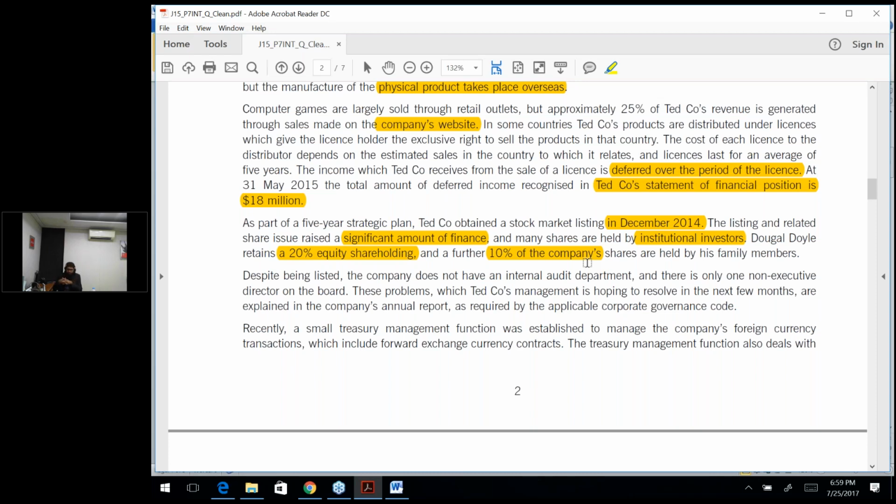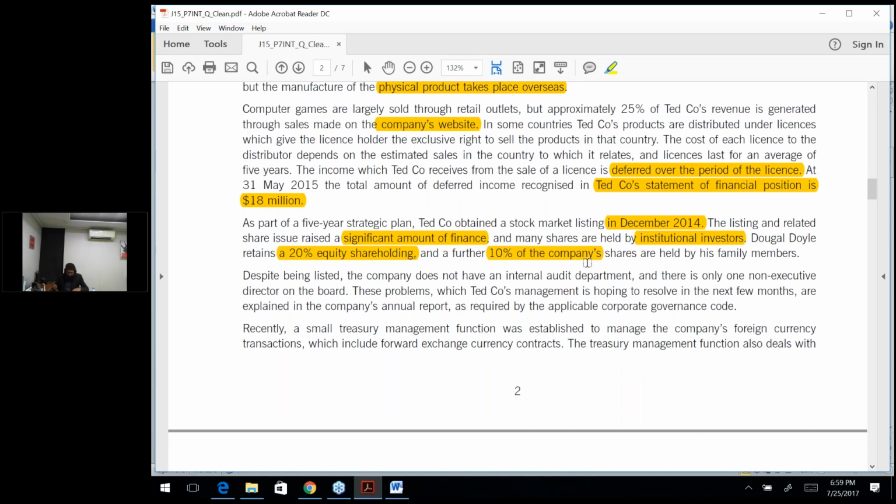So there is another risk, which is that going for the listing would have meant that you targeted the institutional investors at its sale also. That means you would have tried to show a very good picture. Now, since there is a vested interest involved, there is a likelihood that the financial statements are going to be subject to management bias.